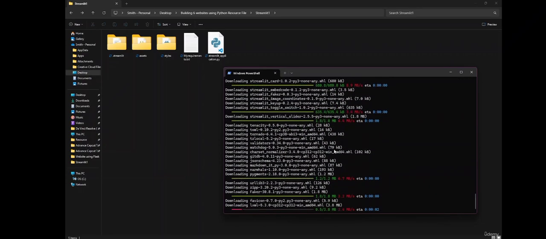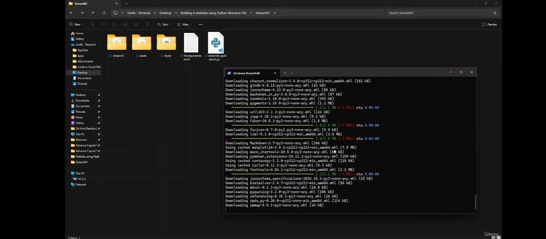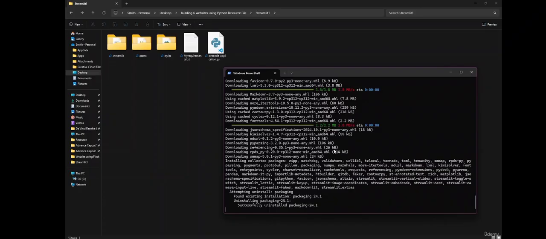You can just wait for it, or you can do your other work, let's say downloading your animations. You can actually do that right over here. Once you are done working with all of this right over here,